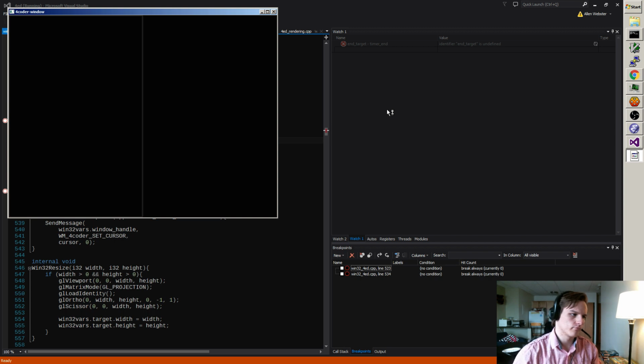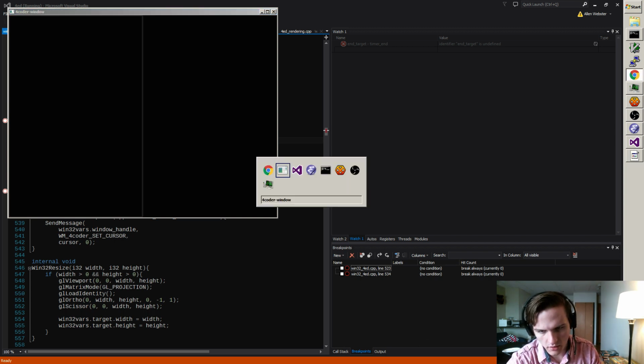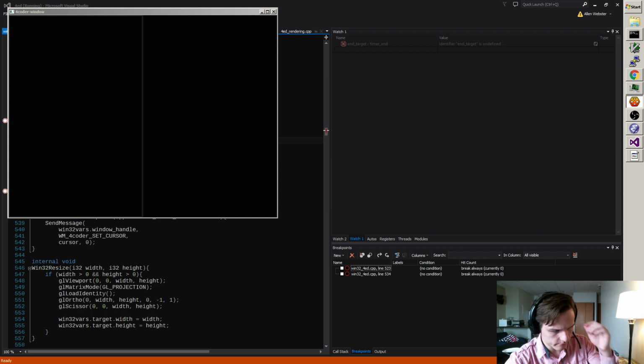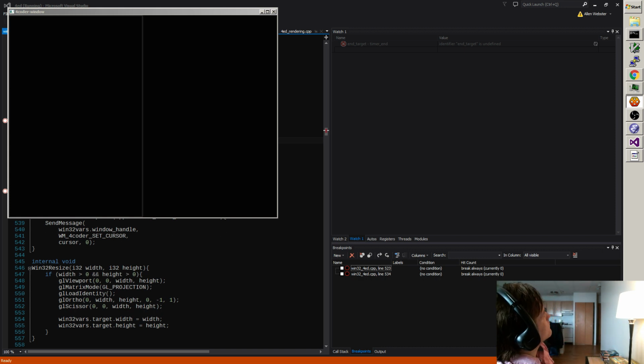Huh. Okay, so I haven't totally come to understand all of this yet. But for some reason, it's not showing me the screen right away if I don't double buffer that way. And to my understanding, the reason for that is if you have one buffer, what happens is that buffer is getting